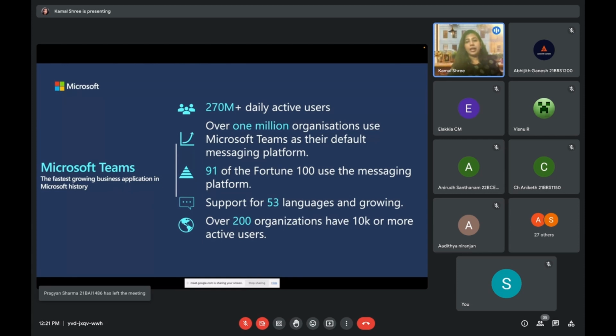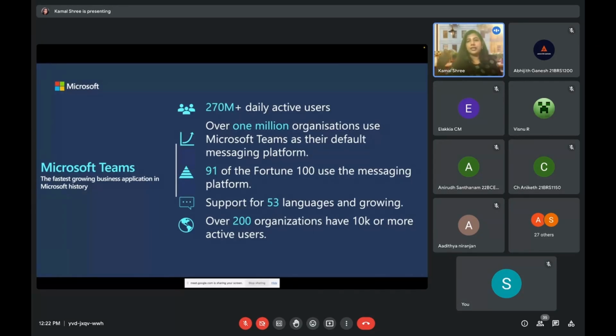It supports 53 languages, and there are so many messaging platforms. It's not just about the messaging part, it's about bot notifications, which is what we always look for, right? When I have something scheduled and I want that to be notified to everybody, I don't want to keep sending a message to everybody, right? Or I don't want to go to WhatsApp again, create a group again, and keep that notified. Teams helps you with all these kinds of things. It automatically triggers notifications. So that is how the entire model is set up for you, the entire ecosystem.